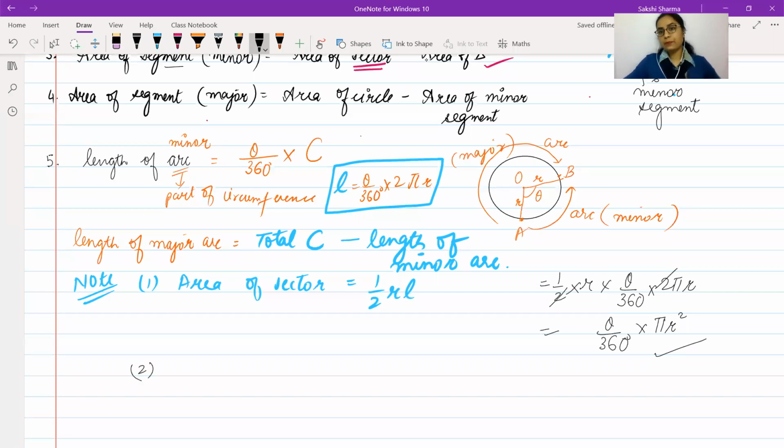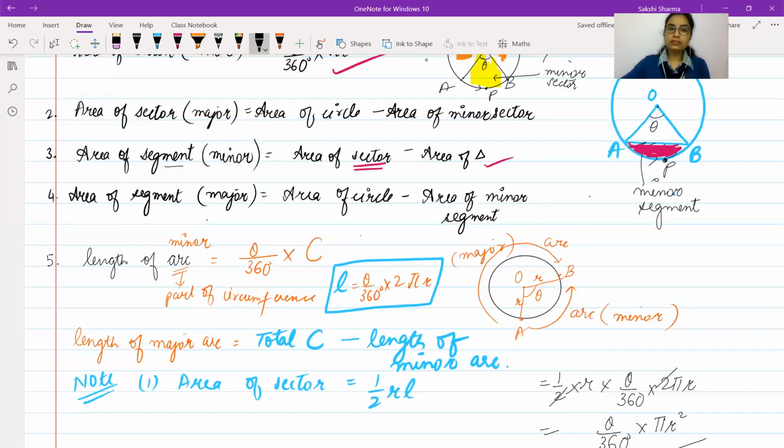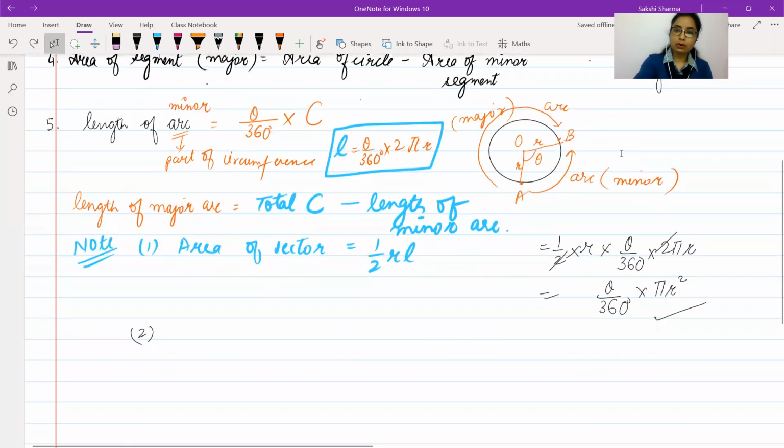Afterwards, when you have to find the area of segment, take a look at point number 3. When you have to find the area of segment, you find the area of sector, find the area of triangle, and then subtract the two areas to get the area of the segment. We have written the formula for the area of sector. How will we find the area of the triangle formed right here? It can be easier if the value of theta is very specific. Theta will be given as an angle. Based on the angle, you can find out what the area of the triangle will be.